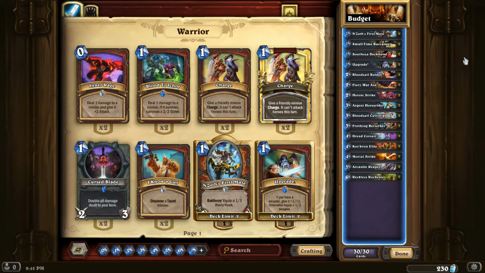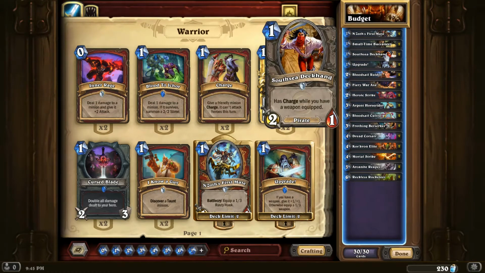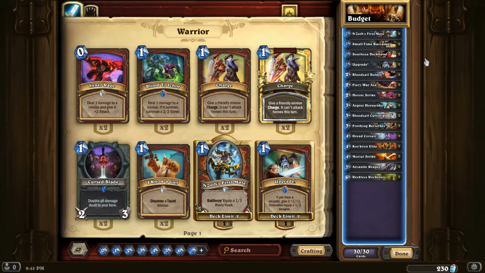Hey guys, today we have a budget Pirate Warrior. This has no adventure cards, no legendaries, no epics. A total dust cost sitting at 1400. It also contains a number of classic cards, so hopefully if you've opened a few of those packs you'll already